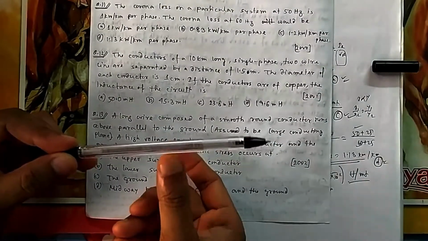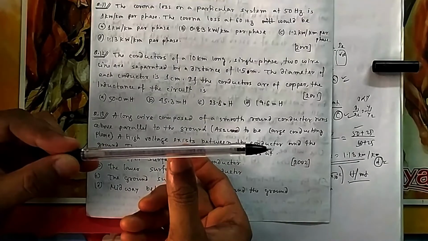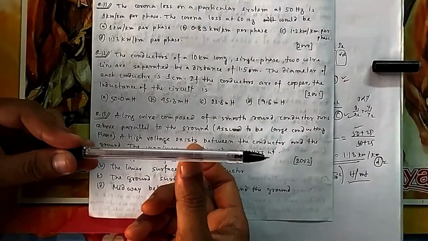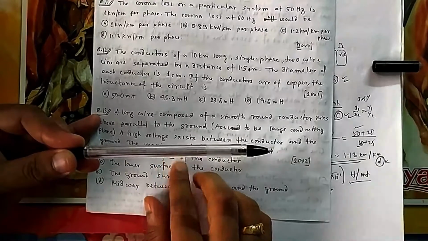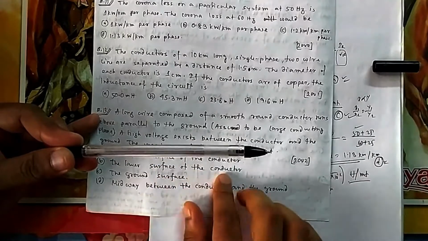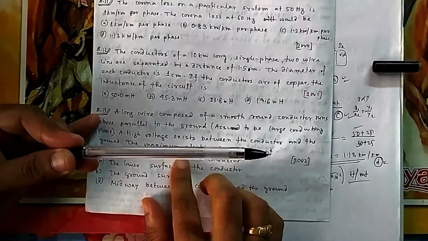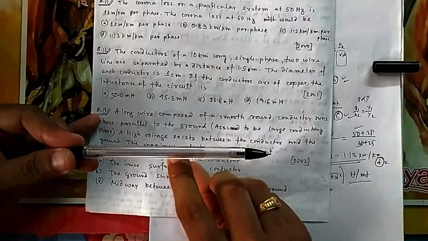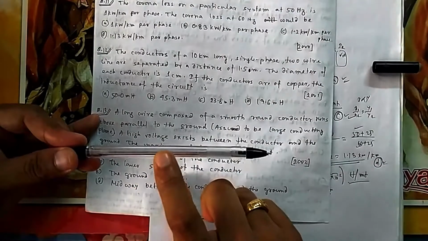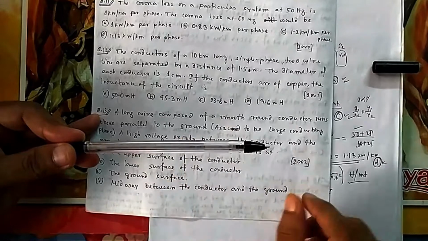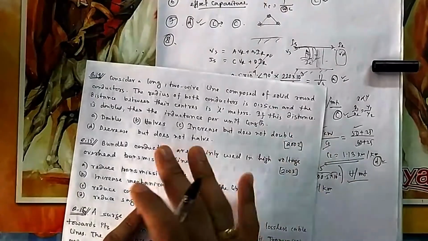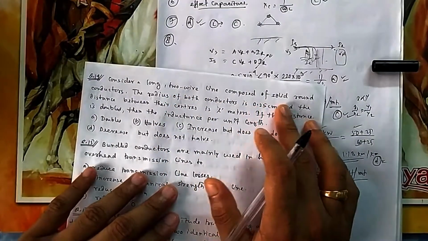If the distance is small and your potential difference remains constant, this one will have high electric stress. Stress will be in kV per meter or kV per centimeter, that is, per distance. So the distance from ground is the smallest when you are at the bottom of the conductor, at the lower surface of the conductor. So here the distance will be less, so here the electric stress will be more, because the air gap has 220 kV across a smaller length, and here the length is higher. Here also the length is higher than this lower portion. So it is always the lower surface of the conductor. That is option B.